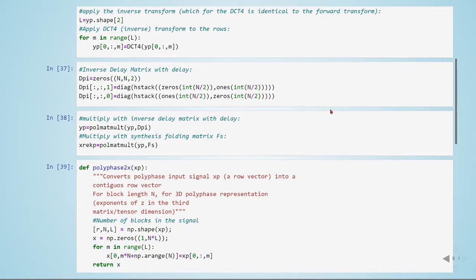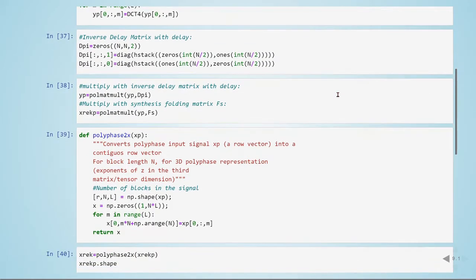Then we're multiplying the inverse delay matrix with the delay, and we have this polymath mode that we've seen before. And then we are multiplying the synthesis folding matrix Fs with the Y of P, and then we have the X reconstructed P. So here it's a polyphase signal, and we are going to use polyphase to X to convert